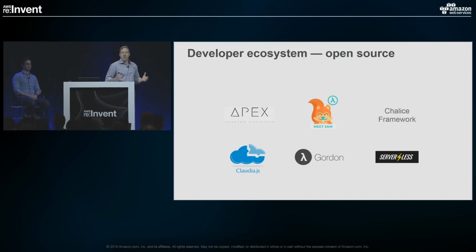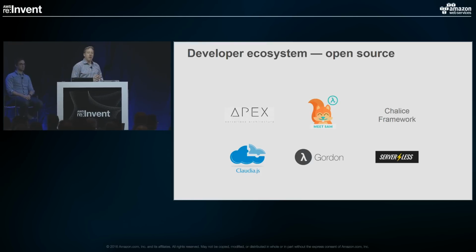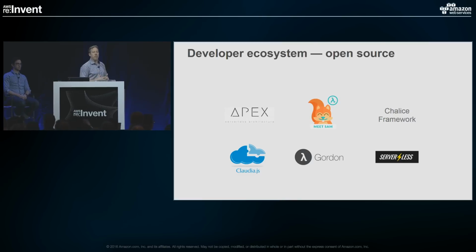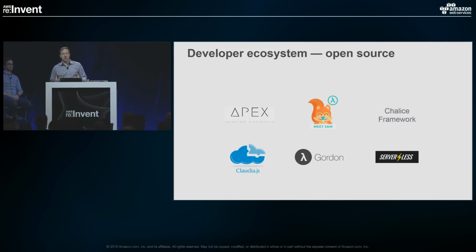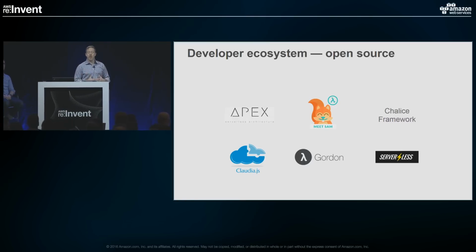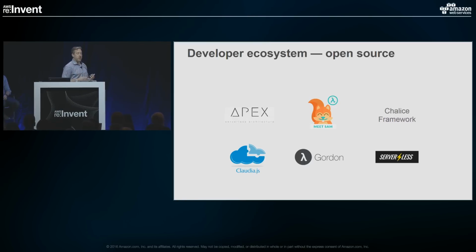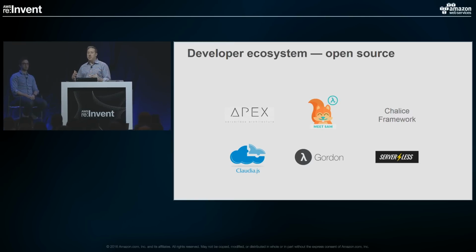And of course, a large and vibrant and growing open source ecosystem as well. Our own SAM spec out there is in great company with Chalice and Apex, and of course, companies like the Serverless Framework, who are making it really easy to do local build, package, and testing for serverless functions. We're really excited to see everything that's going on out there, and especially excited by some of the stuff that we see coming up, including various kinds of big data, scientific, and numerical computing packages. We think that there are lots of interesting media types and frameworks that are about to be built here.